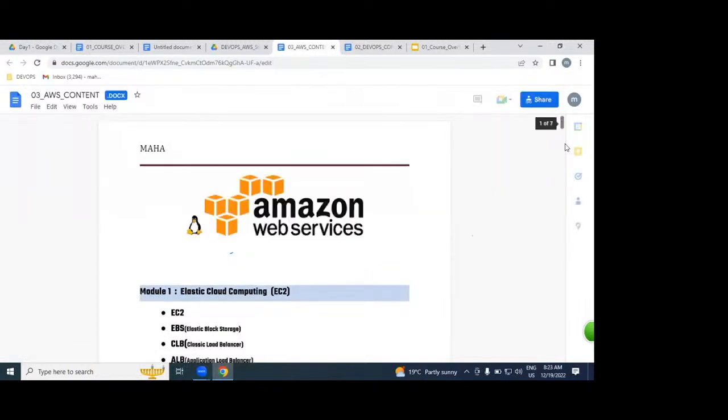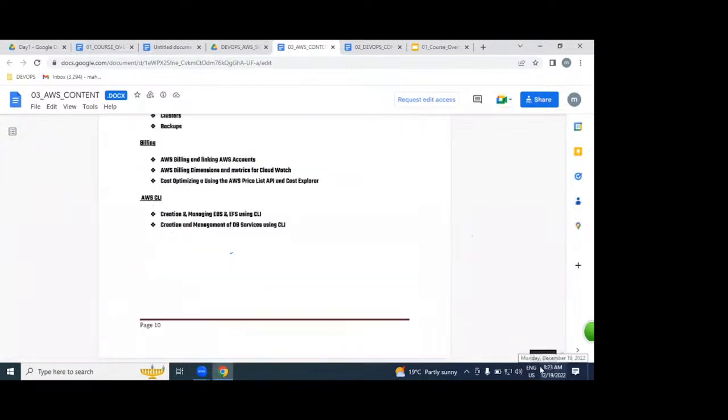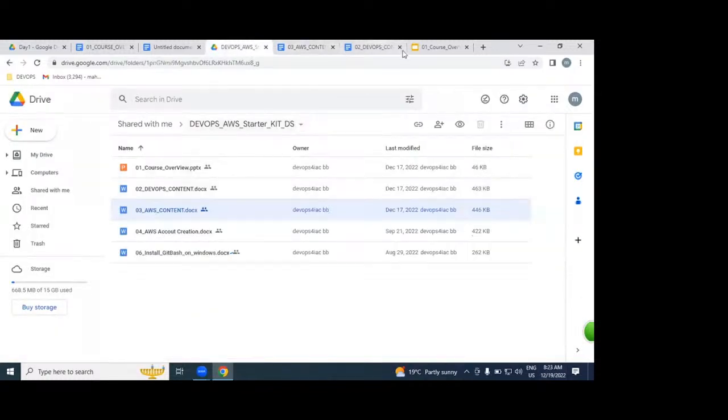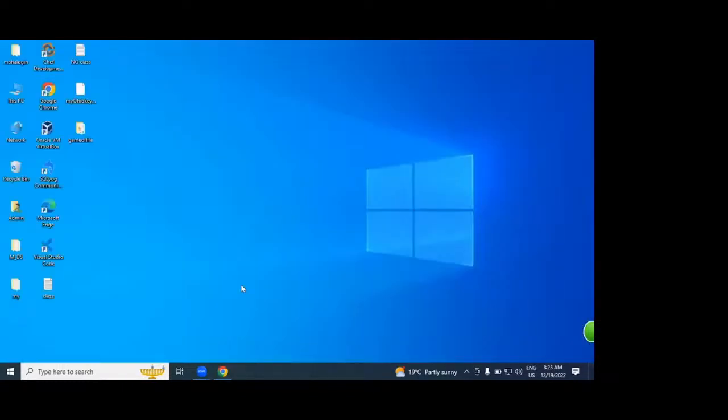It is around 9 or 10 pages of content. Please look at it once. After the session, please revise these two documents, what we are going to be discussing in the 4.5 months. Offline students, by the end of the session you can take it. Please ask me and I will share it. So this is the course overview.